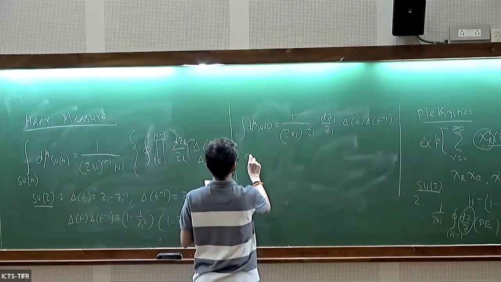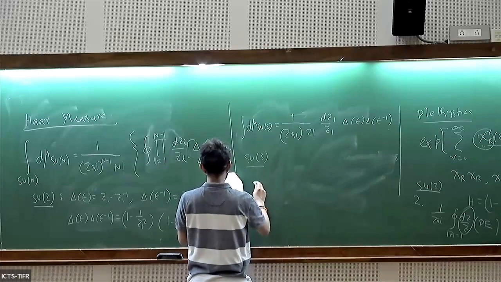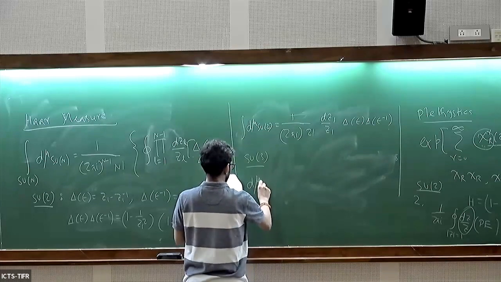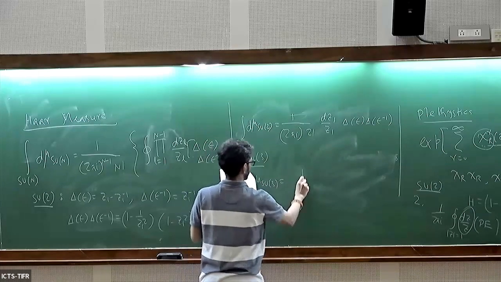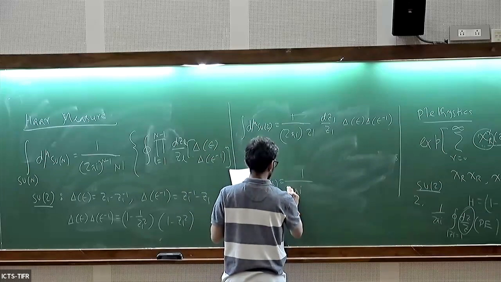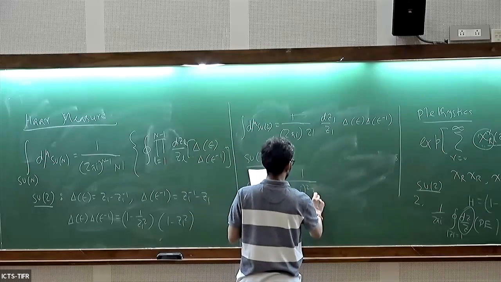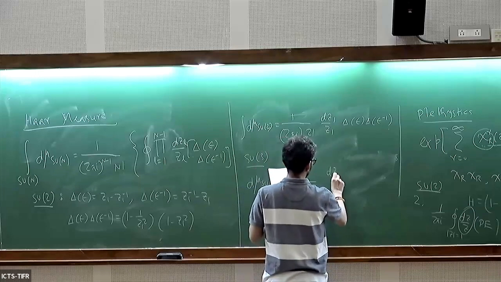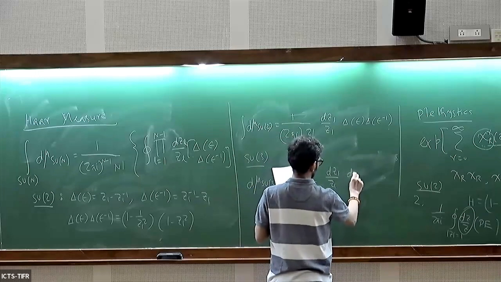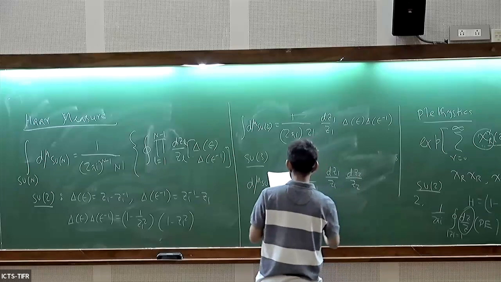And if you want to do it for SU3, what will that be? d mu of SU3 will be 1 by (2 pi i) whole square, 3 factorial, dz1 by z1, dz2 by z2,